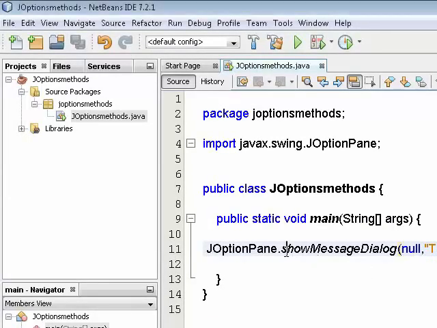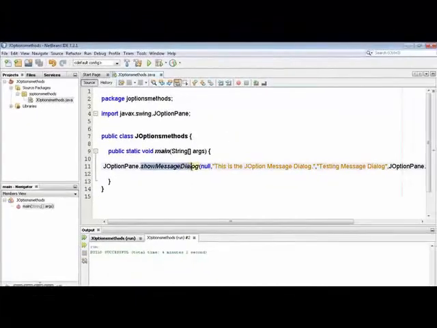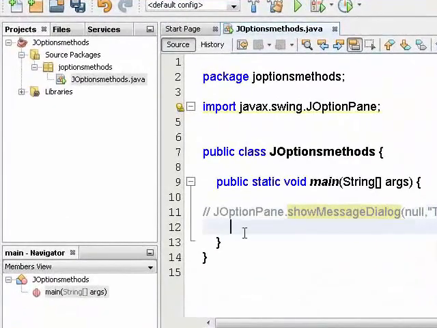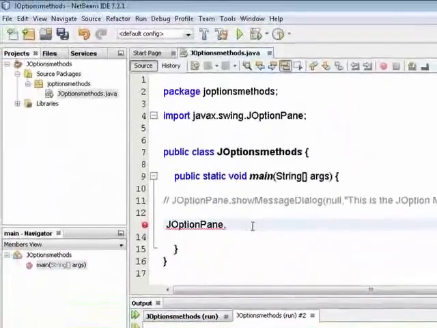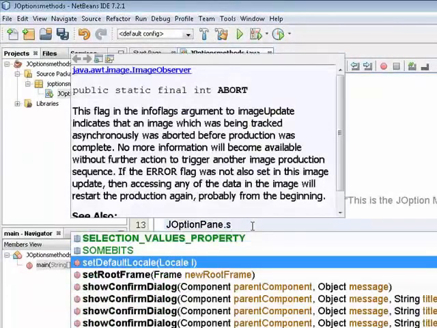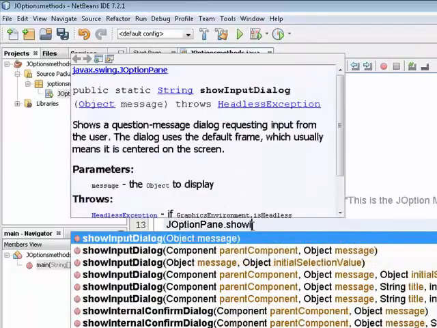I am going to change the whole part but not the body. This message I am going to change to JOptionPane.inputDialog. Now keep watching. I am putting remarks here so that you can see the change. I have disabled this option, and then I am writing JOptionPane.showInput. I have just put I, so you can see that the input dialog appeared.